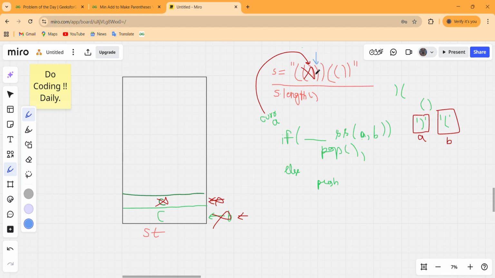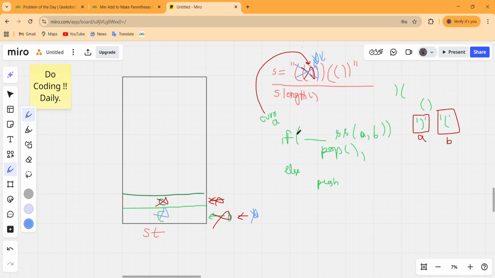Again, this A is a closing parenthesis and the stack is not empty as well, and B is an opening parenthesis. So again we found a valid corresponding pair of parentheses, so we have to pop out from our stack. The stack gets empty, this else part will not execute, I gets incremented and starts pointing to this character.